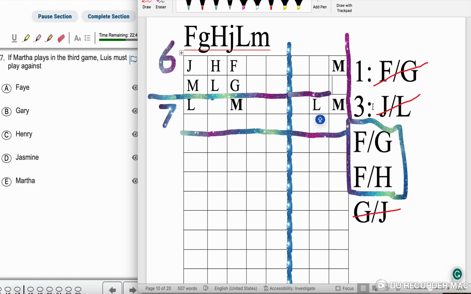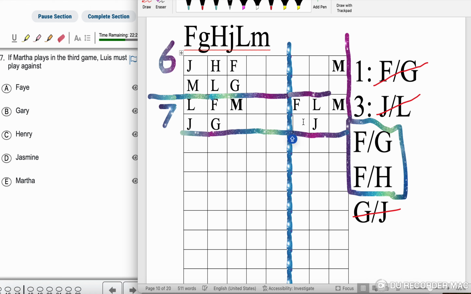So J and L cannot be in the third game. So automatically we're going to be dealing with these 2 games right here. J can't be playing third, so J's going to have to play either 1 or 2. F has to play against G, so I'm going to put F here, and I'm going to put G here, and then I'm going to put